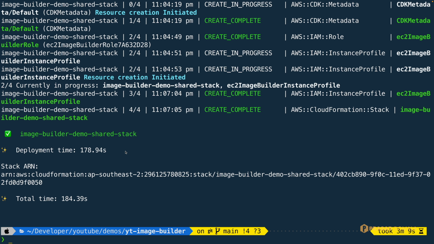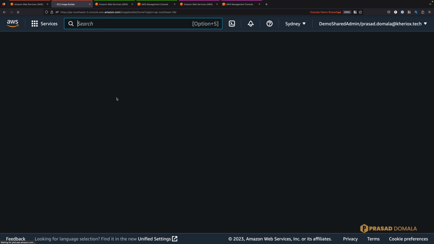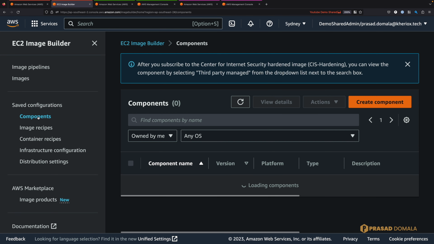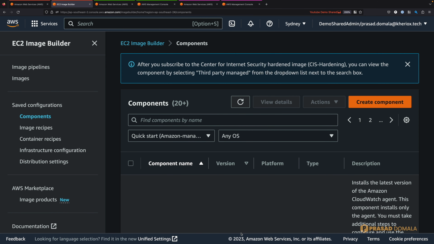Now let's look at how we can create our components. And for the sake of this demo, I'll use a couple of AWS managed components. Specifically, we'll use AWS CLI v2 and CloudWatch agent components. If you want to look at all the available components, we can navigate to component section from the EC2 Image Builder console. From the drop down here, select AWS managed components, which will give you a long list of components